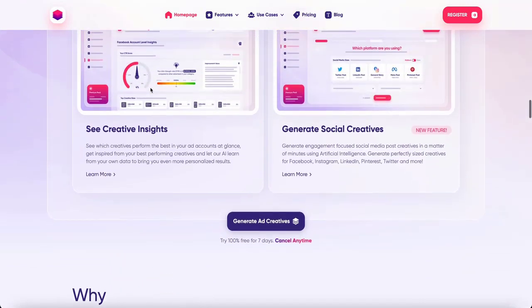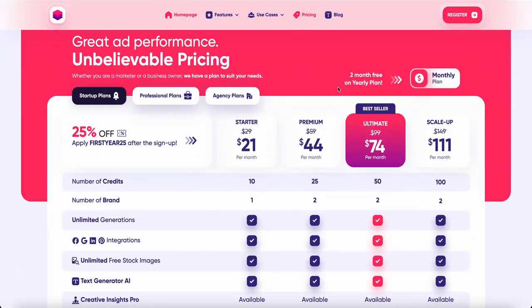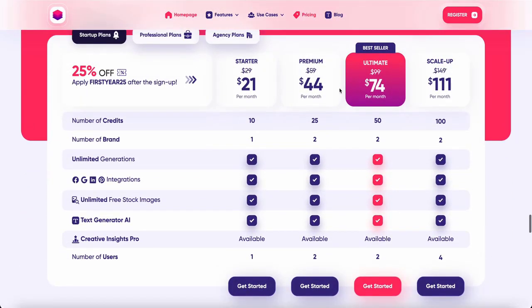So basically, the pricing is, unfortunately you have to pay, which is quite logical. You get a number of credits to download your creatives, but you can actually create as many creatives as you want, and then you just download what really suits you.